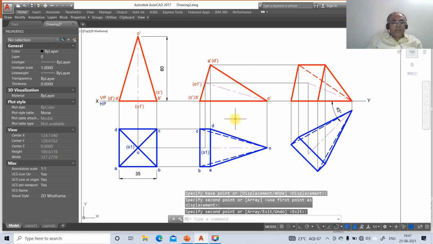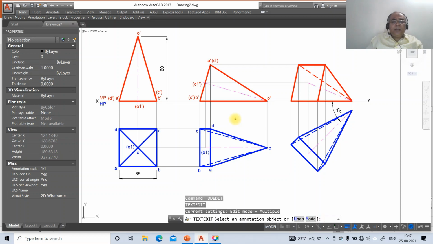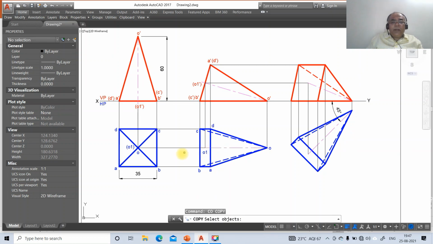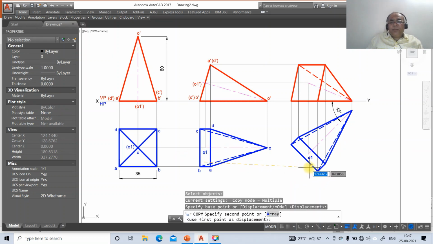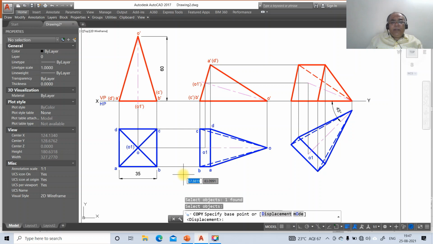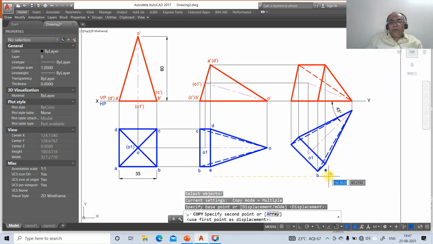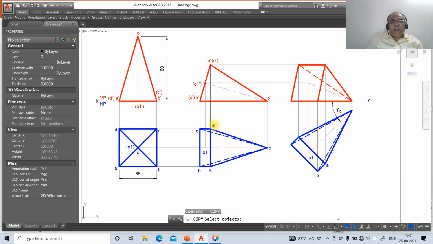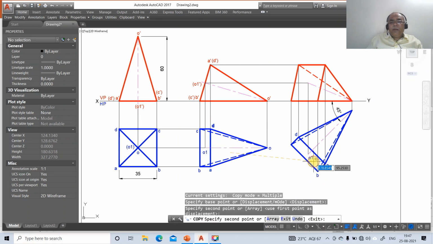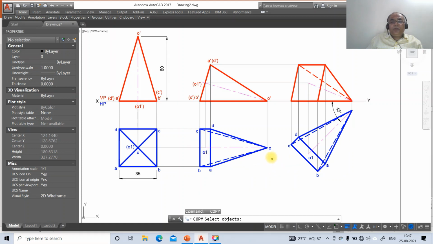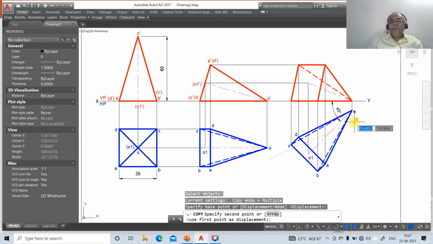So once you do that, since ABCD is visible, so naturally O1 is visible, so go to DD edit, edit that as O1, remove the bracket. Then you just go to copy, select this O1 and copy it here, then you take B and you copy this here, then take A and you copy this here, then D you copy this here, then C you copy this here. Then once you do that, you just copy O.